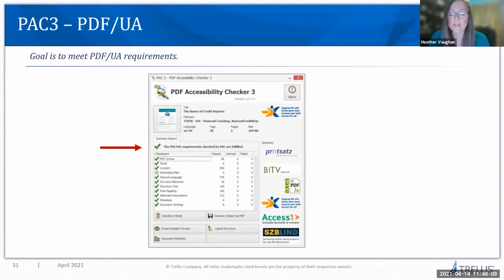I just feel like anything you can do to make your document more accessible is better than not doing anything at all. So if you get that yellow warning, try to make it green. If you can't quite get there, do the best you can. As you're learning, it does take time. And then, ultimately you'll get this wonderful green check mark. Okay, next.